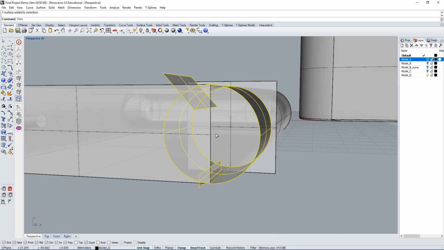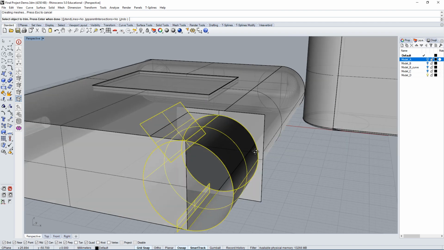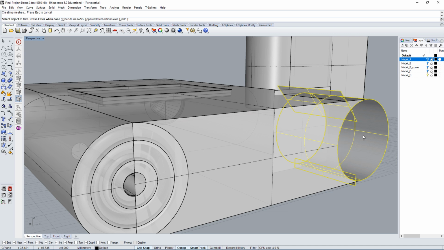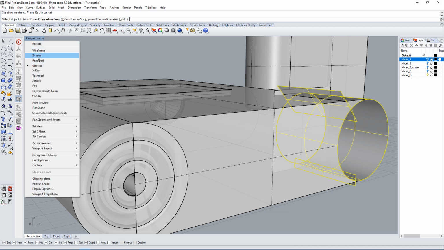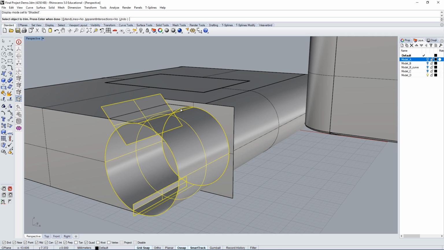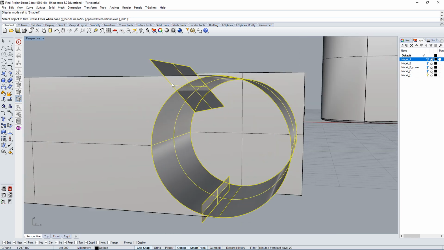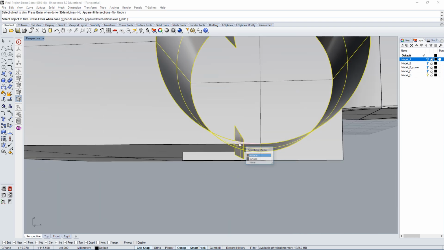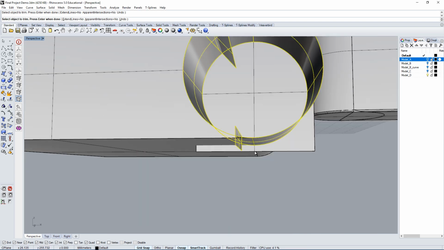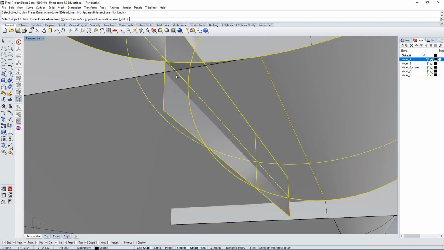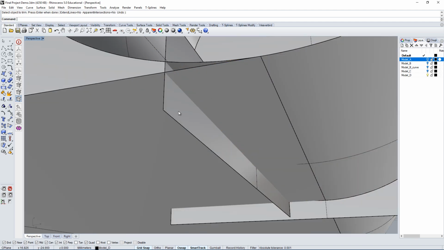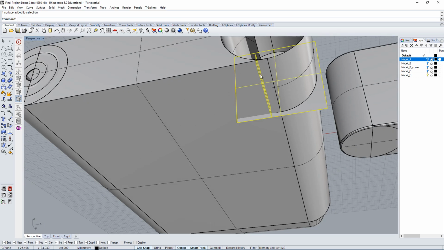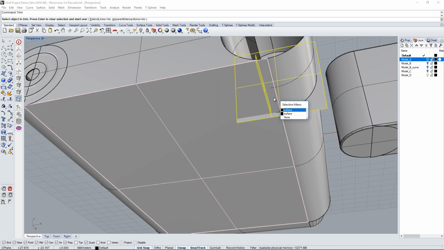So I'm going to go in and trim this surface. Control Z, I trimmed the wrong one for some reason. When you use the ghosted preview, it can make it more difficult sometimes to select the right surface because it lets you select through an object as well. Okay, one more time with this one. And we also need to trim this surface here, so trim this, yes.